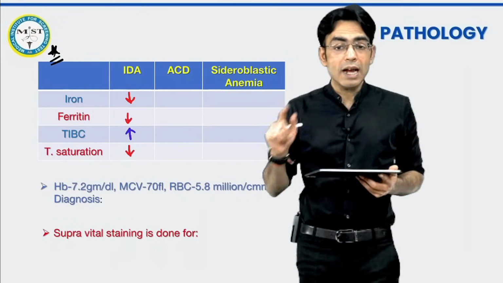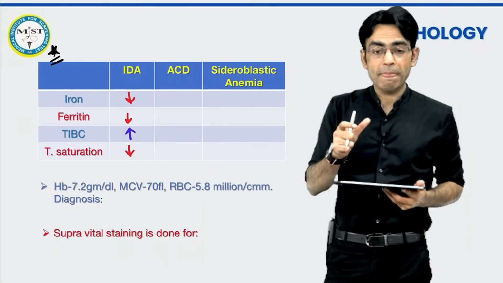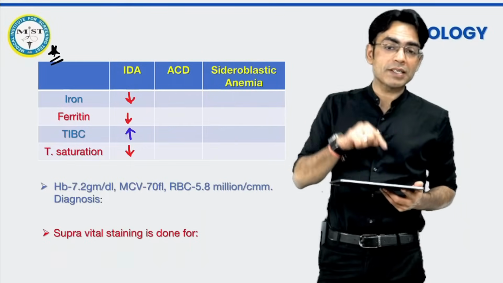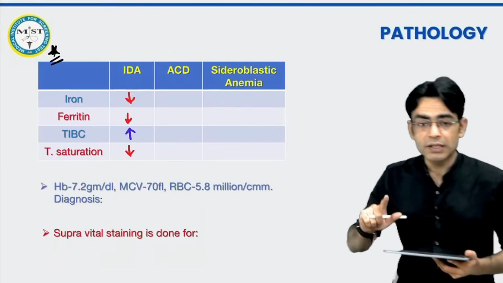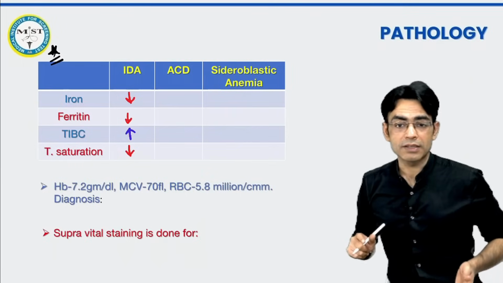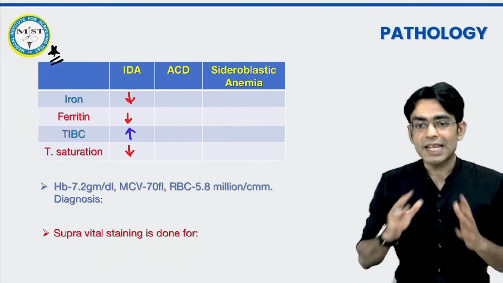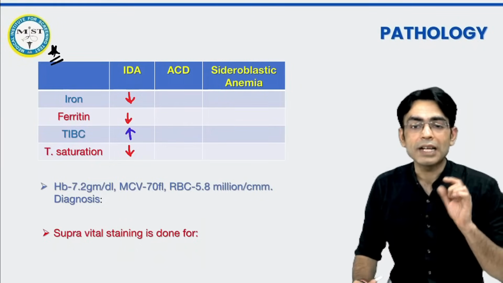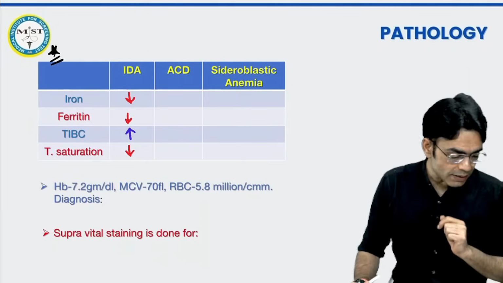ठीक है, and we know that our ferritin and our TIBC are inversely proportional. जितना ज्यादा ferritin होगा उतना ही capacity कम होगी, जितना कम ferritin होगा उतना ही capacity ज्यादा होगी. ठीक है, in anemia of chronic disease, again things are same as iron deficiency anemia barring two things, ferritin and TIBC. Anemia of chronic disease में होता क्या है? In the anemia of chronic disease,